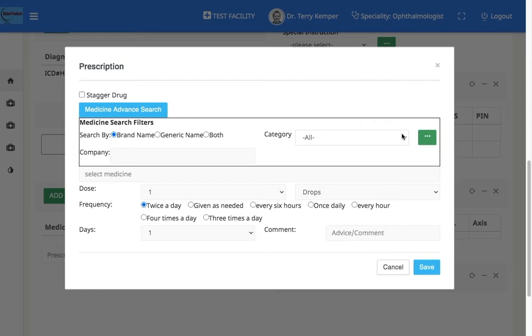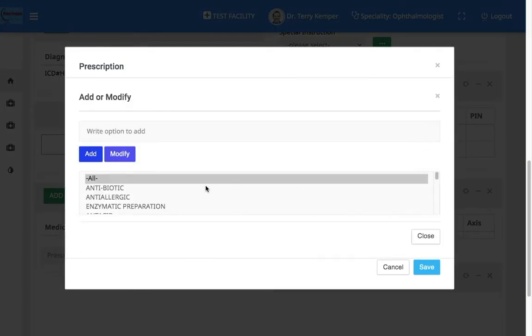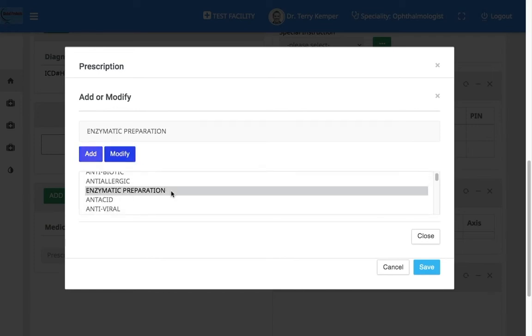Now a new category can be added by clicking on this button, or a drug category can be modified by selecting it, making the changes, and clicking on save.